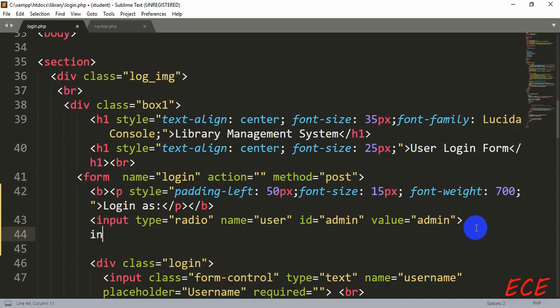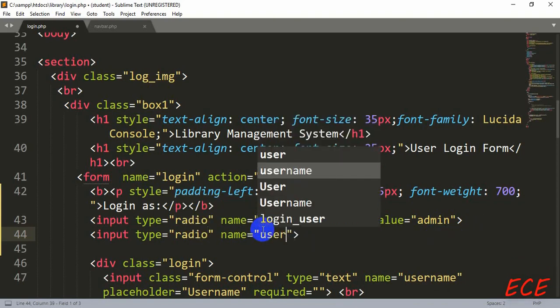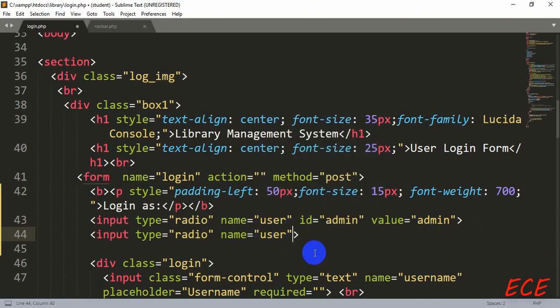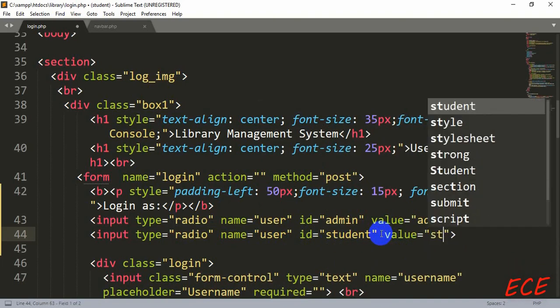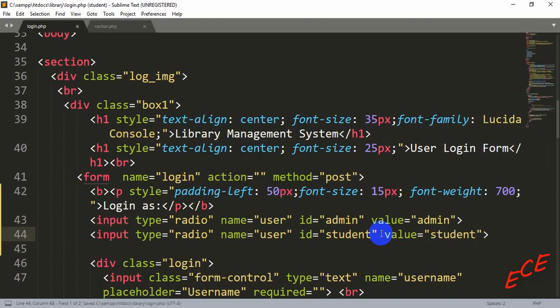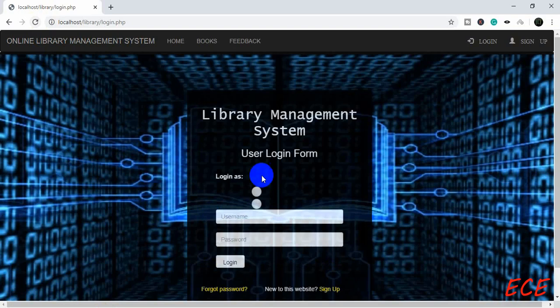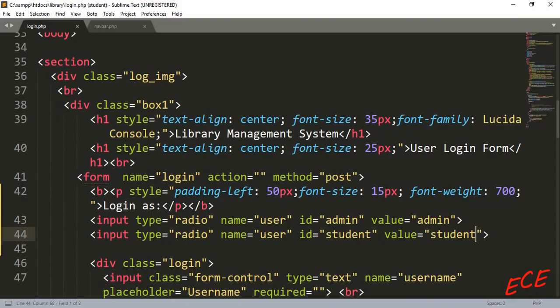Then again another input, type will be radio again, name will be the same, user, but the ID and value will be student. Now let's see if it is created. Okay, now we can see two radio buttons here. We can select them,